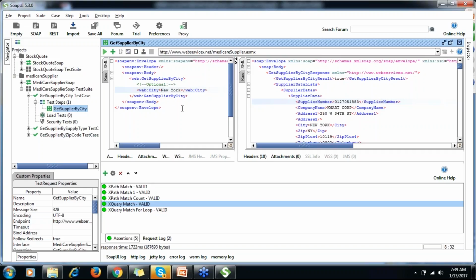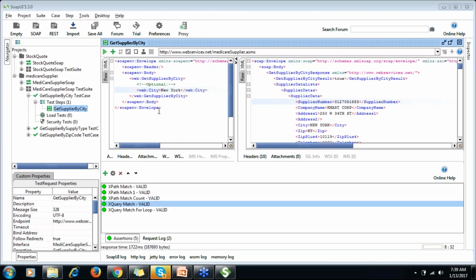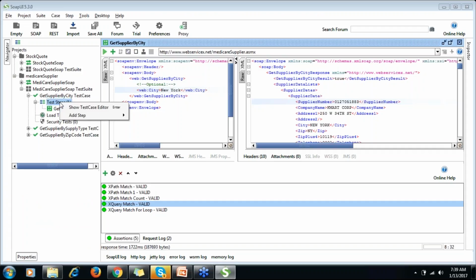Team, for your information, Groovy is a language which you can use with SOAP UI. So you can do everything through scripting; you don't need to add all these manual things. If I right click on test steps, how can we add test steps, team?